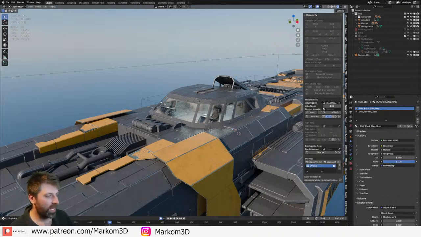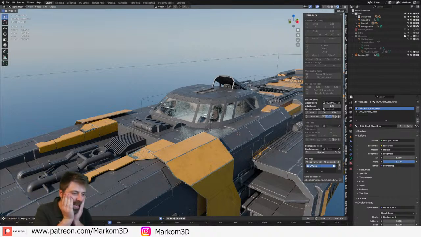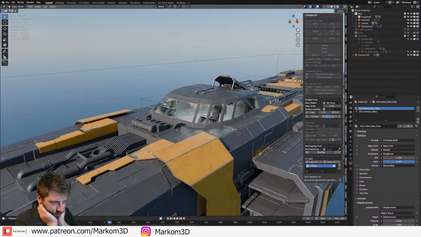But I don't really have any normal maps of dents. But I reckon that would be the way to go, is create a secondary UV map and have that mixed.